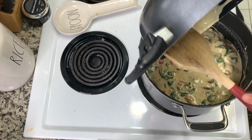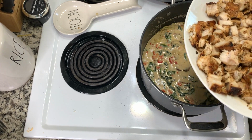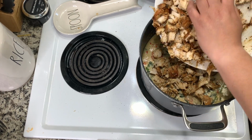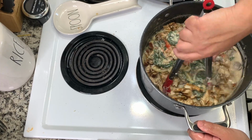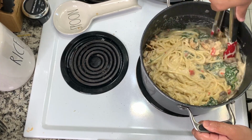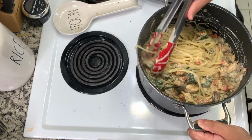drained linguine pasta. And I'm just going to go ahead and then add in the cooked up chicken that I went ahead and cut up. And I'm just going to be using my tongs here to toss that all together. You want to make sure to get your chicken nice and combined with all of that. Get your pasta nice and coated with all of that